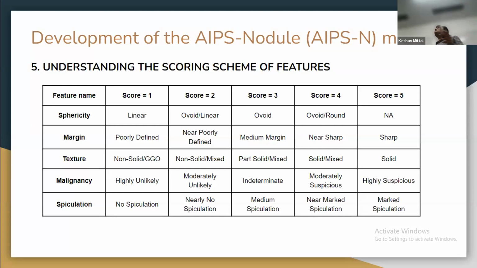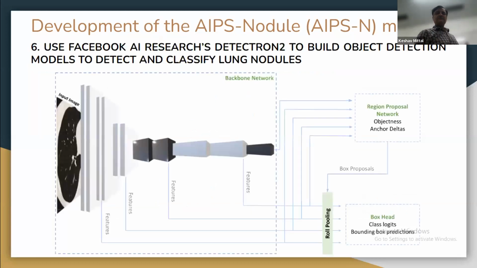ये अब स्कोर हमने कैसे डिफाइन किए? दीज आर द स्कोर्स व्हिच हैव बीन डिफाइंड बाय द टीम ऑफ रेडियोलॉजिस्ट। So similarly, speculations, textures, and other things are there. Then we build a model, a machine learning model. Okay. So we build this model. Now we know these models have certain layers and other things.